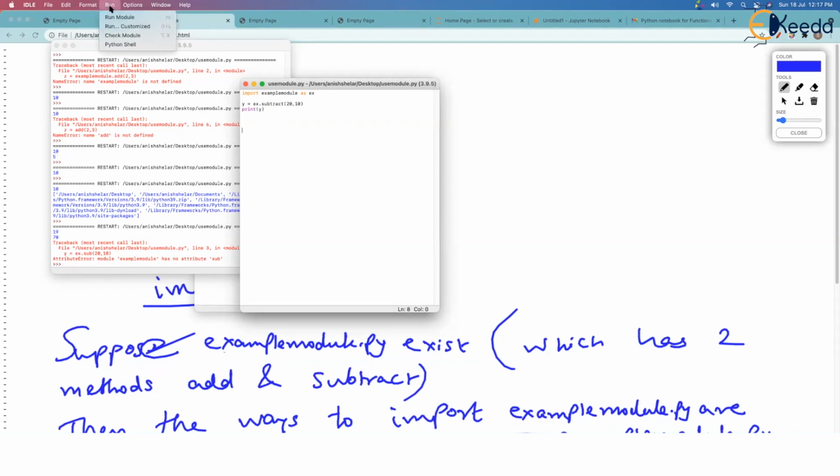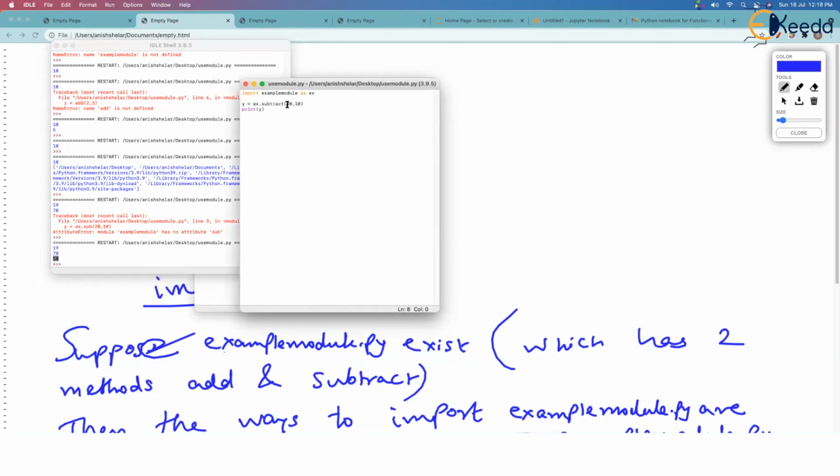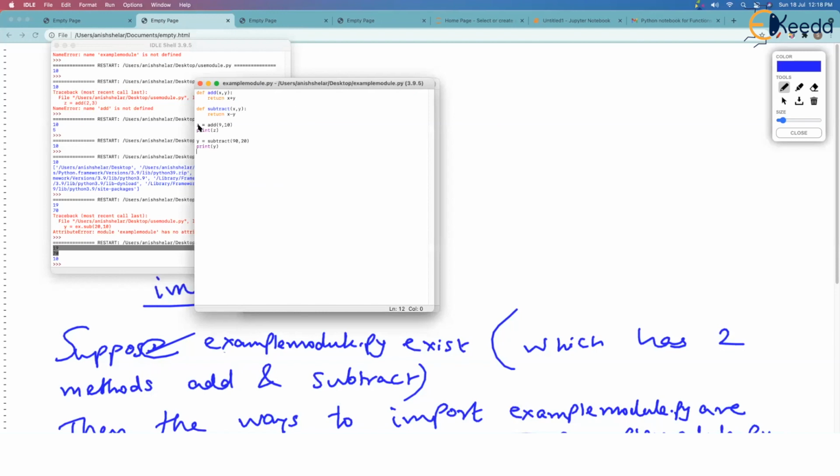But look at the output. Now I am running the module. Oh, look at this. 19, 70 and 10. This 10 I can understand. I was running this program, and in this I am subtracting 20 with 10. So 10 is the output, and only this output was expected, 10. What is all this 19 and 70? There was no such code in my program which prints 19 and 70. This 19 and 70 are the effect of this main code over here, which is there in example module.py. Wow. Yeah, addition of 9 and 10, 19, and subtraction of 90 and 20, 70.